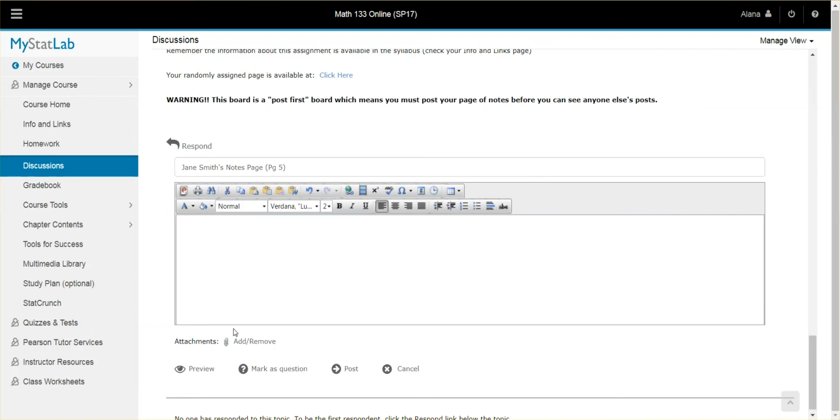Then down here, you can write whatever you like. You could say, I found this page really great. I found this page super confusing. I'm still lost on this point right here, or something like that. And we can all look at it and try to help. So I really understood this page well